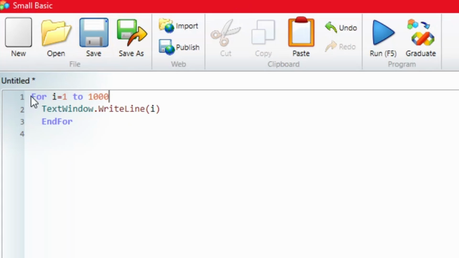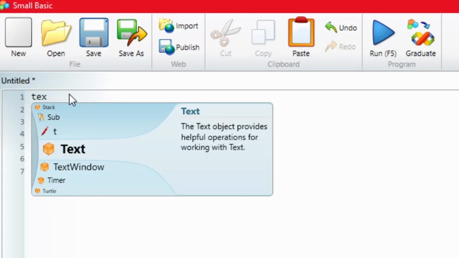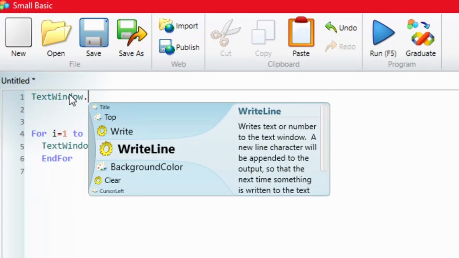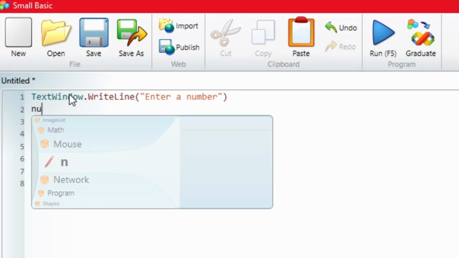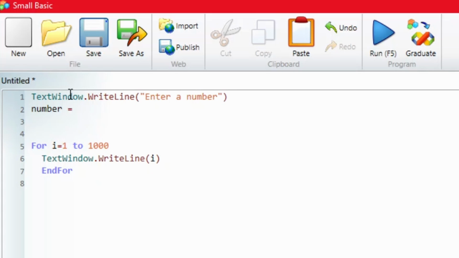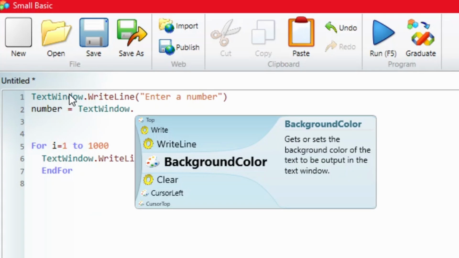So what we will do for this, here write TextWindow.WriteLine, parenthesis, inverted commas, and here we will write enter a number. Then make a variable number equals TextWindow.ReadNumber.